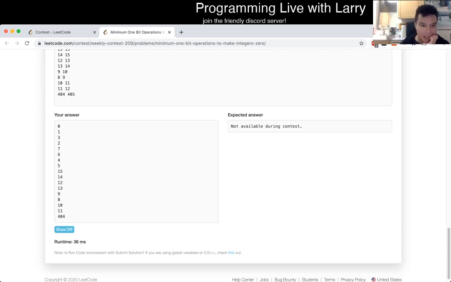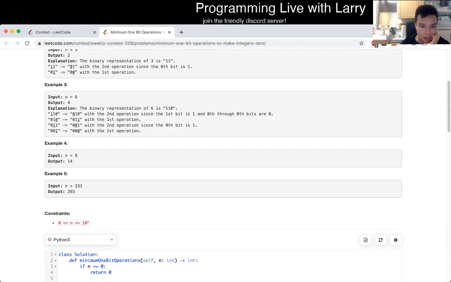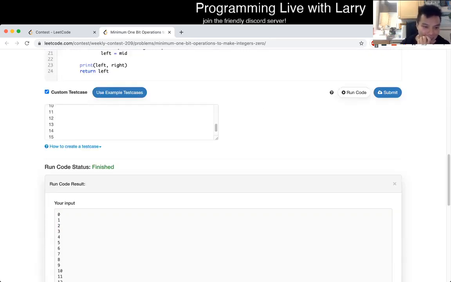I mean, this fits what I have for the first 8 numbers, but clearly it doesn't really work for 333. So, yeah, I mean, I'm happy that I got a pseudo-fitting thing